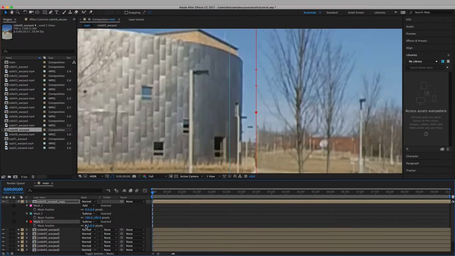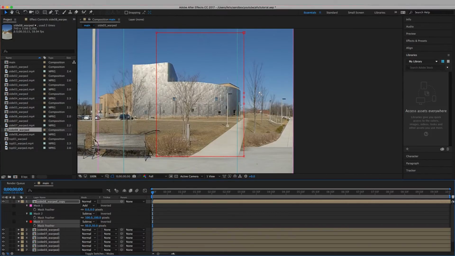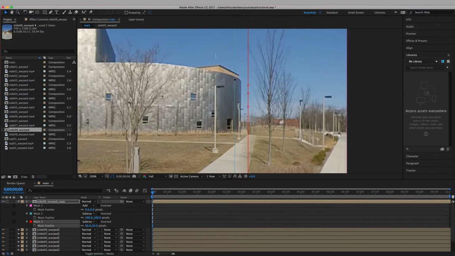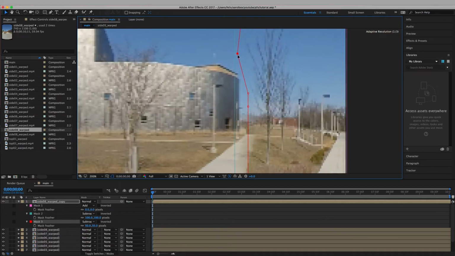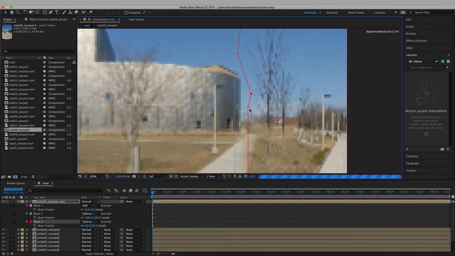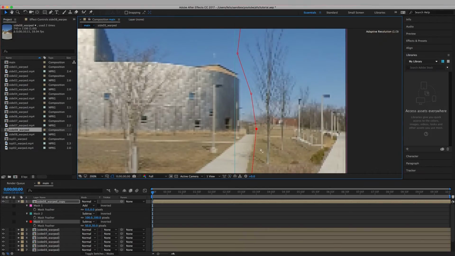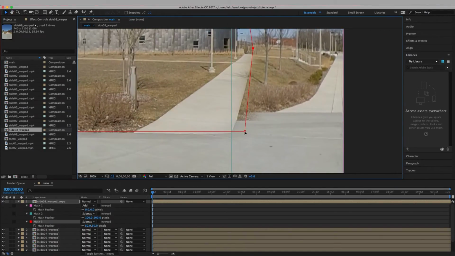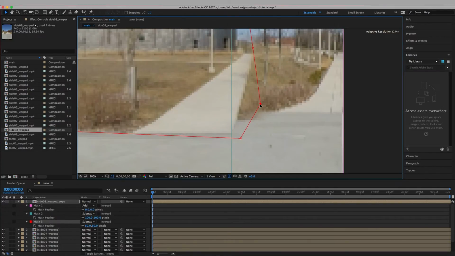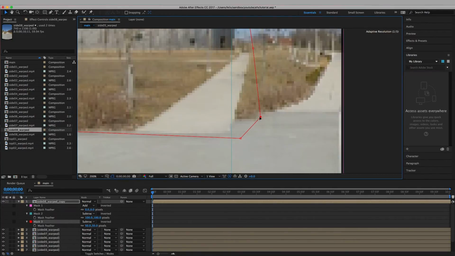And if we press F, we're going to set this to a less aggressive feathering, so maybe like 50. And what we're going to do is start masking off the areas that are problematic. So we kind of draw around the areas that we're not happy with. And if you need an additional point, you can click the pen tool and just click on it. So if I just push this down,